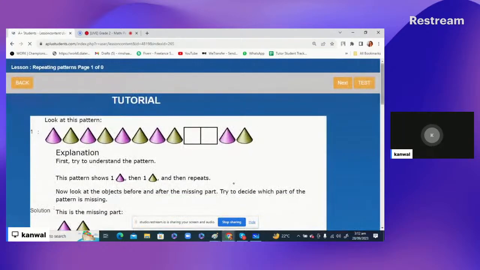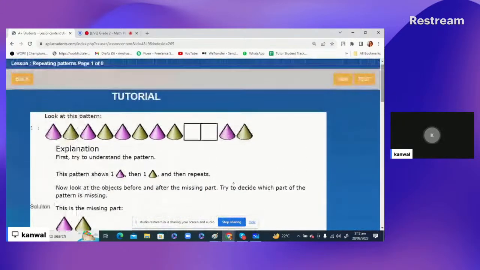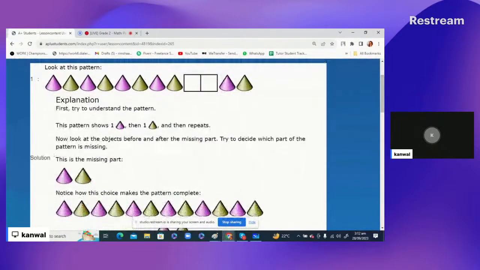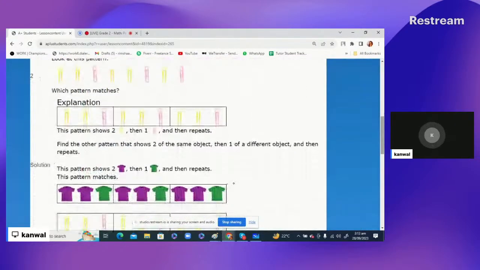Okay, I'm going to open the first lesson now. Let's do 4 or 5 examples for that. So here are the repeating pattern examples. So, okay, you guys look at this pattern. Here is the pattern. First of all, we just need to understand it, okay? Look, there are two different colors here now, okay? So first we just check